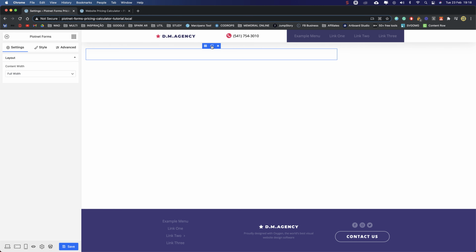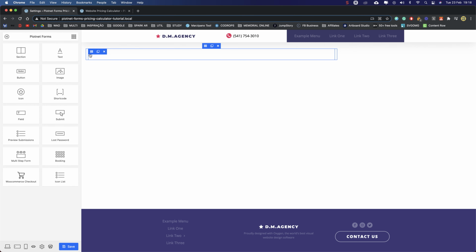Every time we add a section, we have this blue box over here where we can grab and push the section wherever we want. We can duplicate it or delete. Over here, every time I hover, another box appears. What is this? So let's see. If we duplicate it, we see that this controls the columns. If we duplicate it again, now we have 4 columns. That's great. Let's delete this. We don't need that for now.